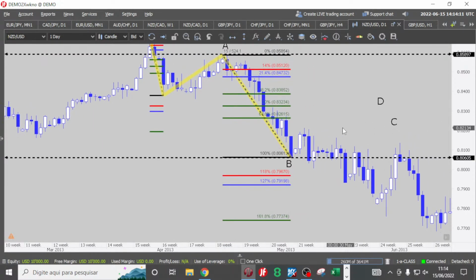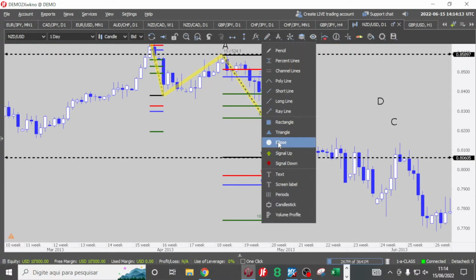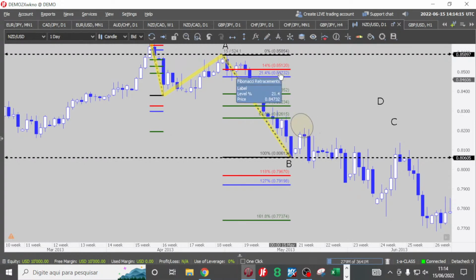Okay, which one is the C, everybody? Is the first circle the C? Is the second circle the C? Or is the third circle the C? Which one is the C? Don't be shy, everybody, we don't bite. Make sense? Is the first circle the C, the second circle the C, or the third circle the C? Which one is the C?